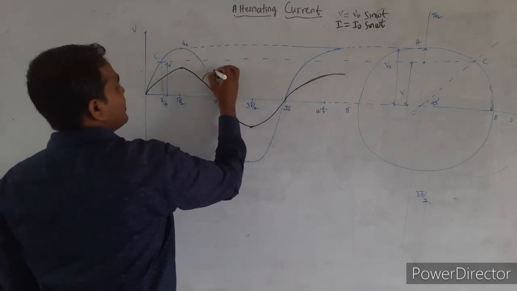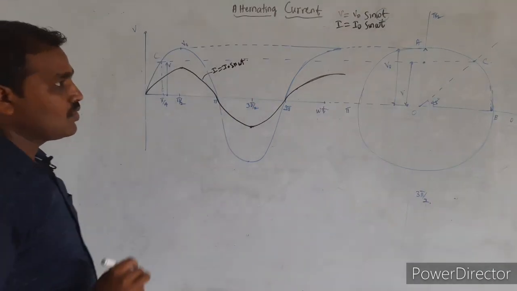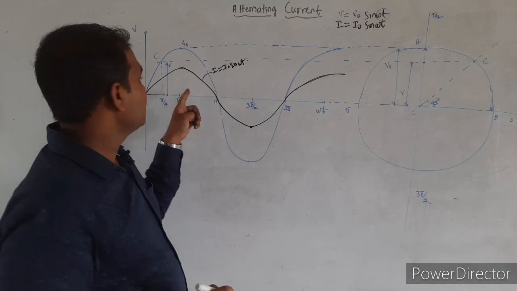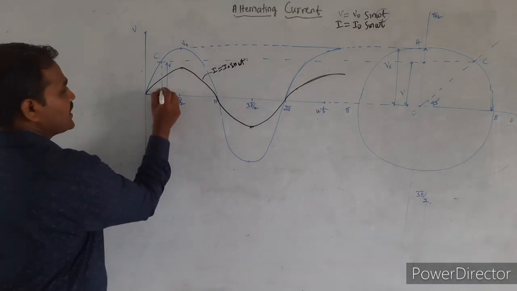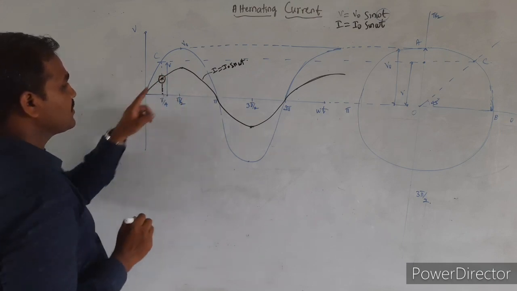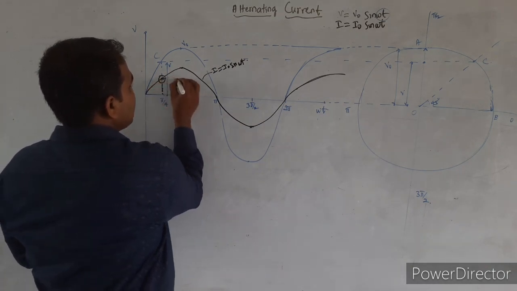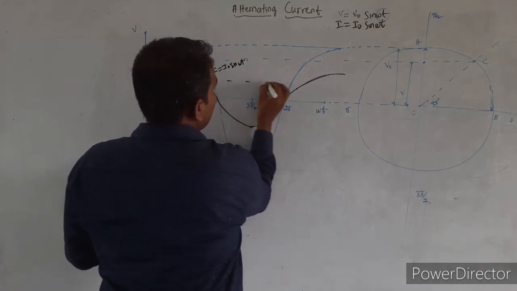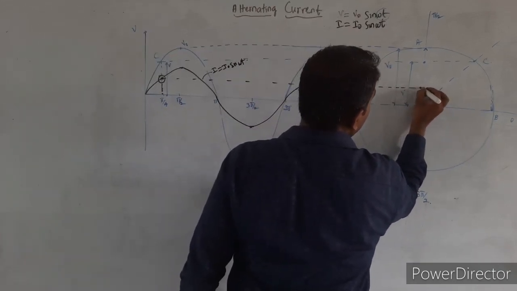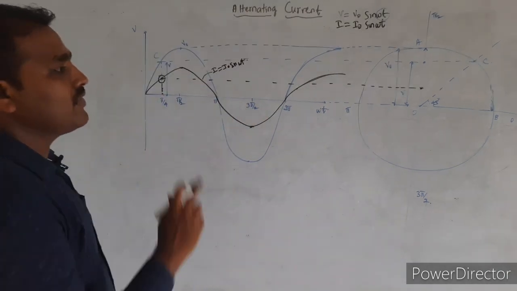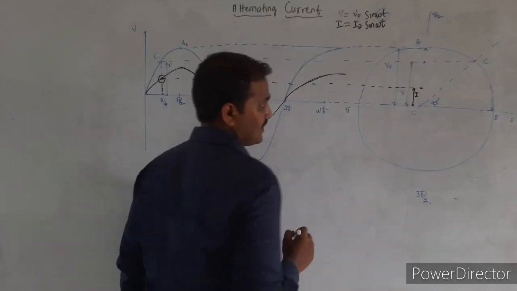This curve represents I is equal to I naught sin omega t. Similarly, how to consider the value of instantaneous current at an angle of 45 degrees? The same point I will cut on the curve here. This is the point of intersection, right? The same line I will project on the vertical axis of the phasor. Yes, I will project it up to here. So this is one way of getting the value of current. So this is the instantaneous value of current.